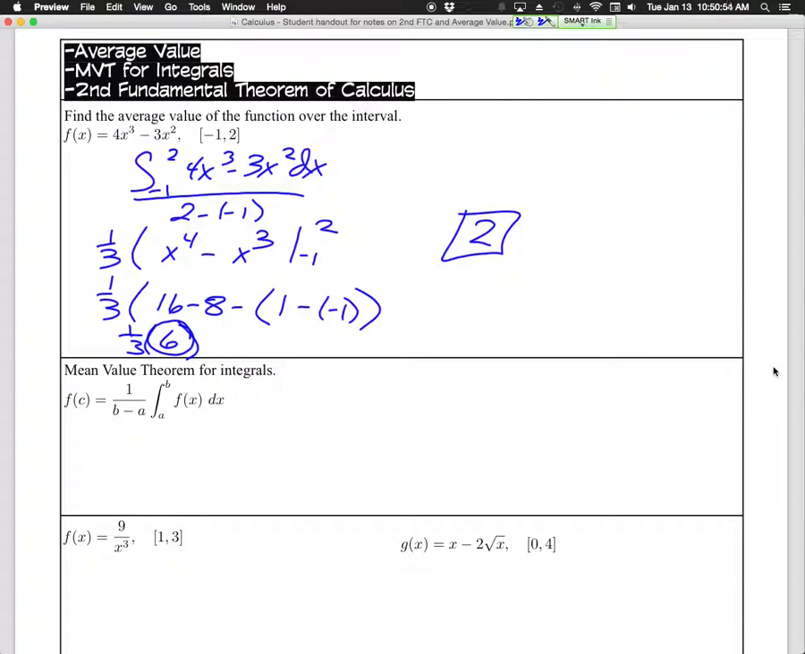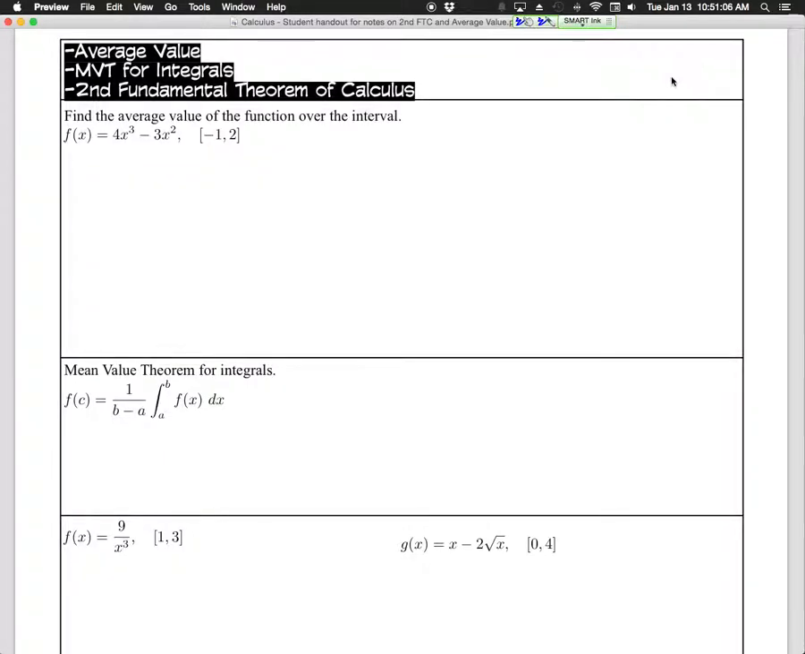Okay, and we need to get that in our heads before we move on to the second piece. All right. Before we go to the second piece,